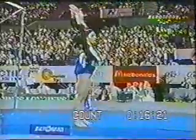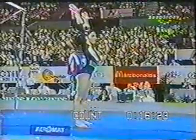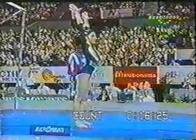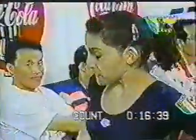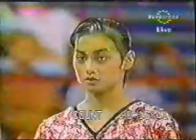Well, I don't think Miss Ferrazzi can be faulted for her determination. She really did psych herself up right from the beginning and even right to the end there. That look of determination upon the young 17-year-old's face. A very gutsy and tough performer, I feel there, Monica. Not an easy one to coach, probably. Probably not, but I wouldn't mind a few of her in my gym. Big dismount, but in slow motion we actually saw she had a hand touch. She put her hand on the floor, so she'll have a